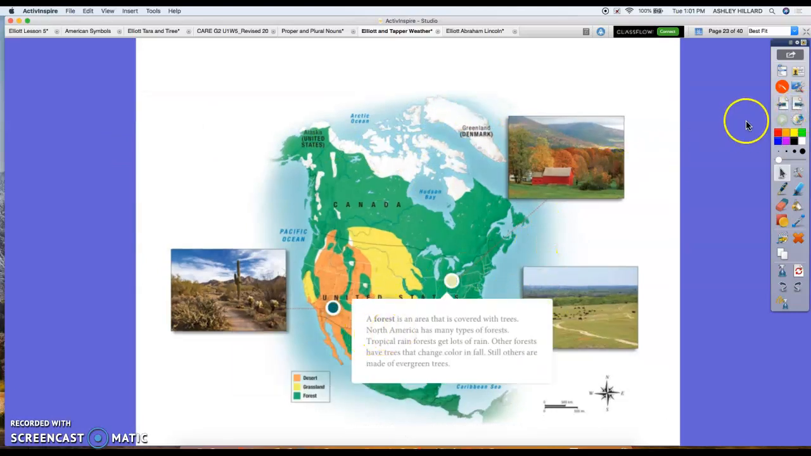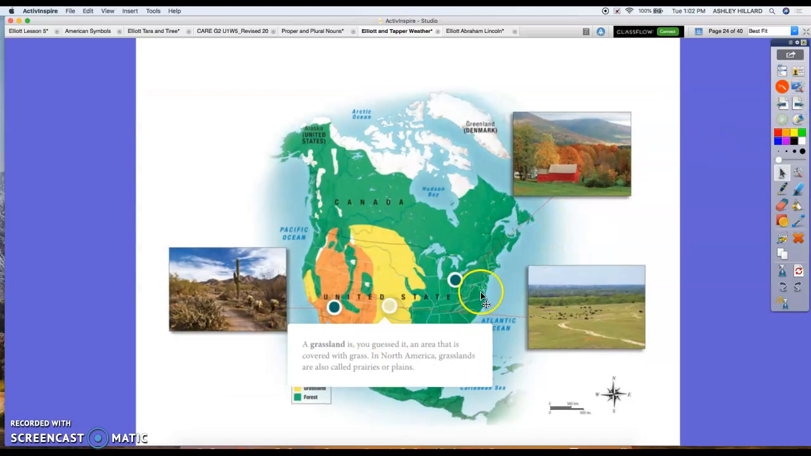And then we have a grassland. A grassland, you guessed it, is an area that is covered with grass. In North America, grasslands are also called prairies or plains. So even though we have grass where we live too, we also have trees. So a grassland is an area that does not have a lot of trees,